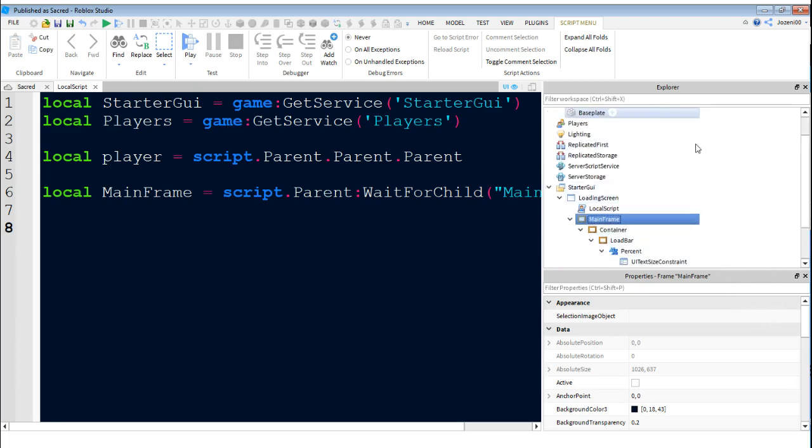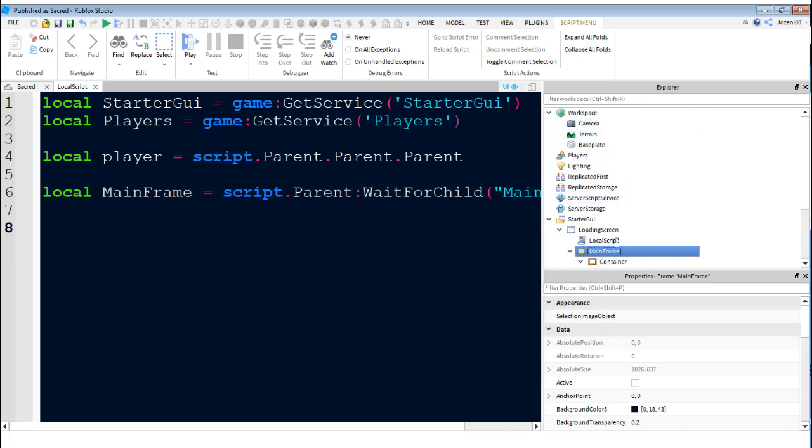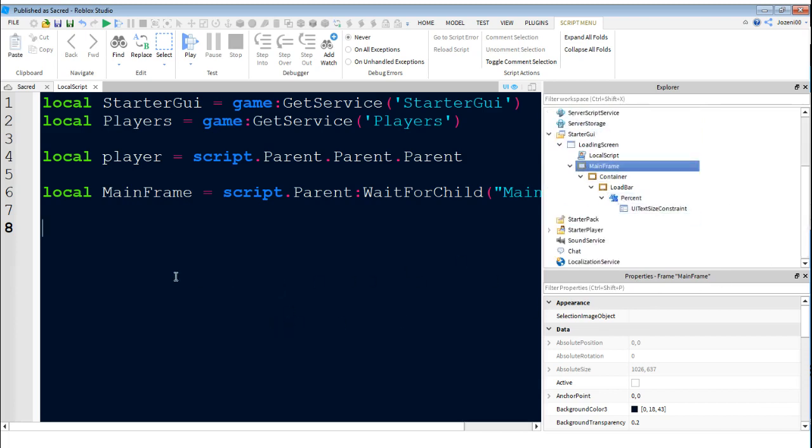We want it to calculate the parts in the workspace. So now we're going to define the loading bar. So local load bar, or you know what? Percent, or yeah, load bar first. It's better. Load bar is equal to main frame wait for child, speech marks, and